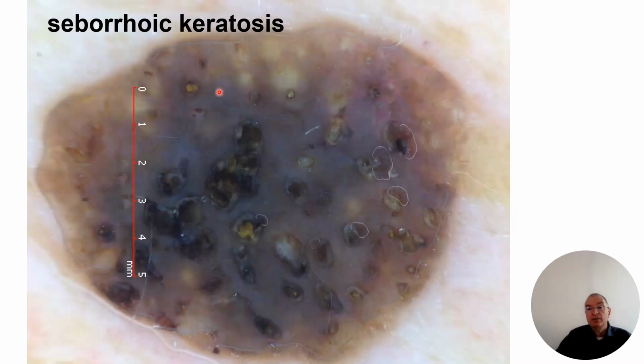And here you see an older seborrheic keratosis in which the epidermis is thick. We also call this acanthosis of the epidermis, and therefore we see it more in the bluish part, because the epidermis is thicker. And remember, we can only look with the dermoscope into the upper 2 millimeters of the skin.